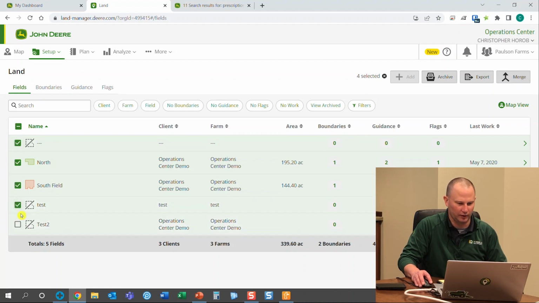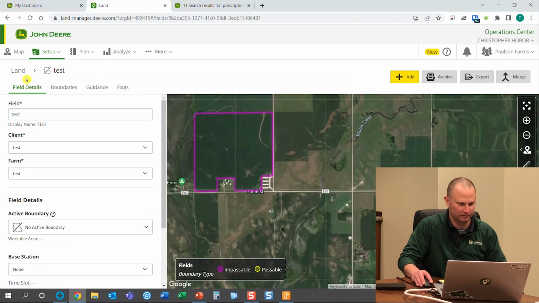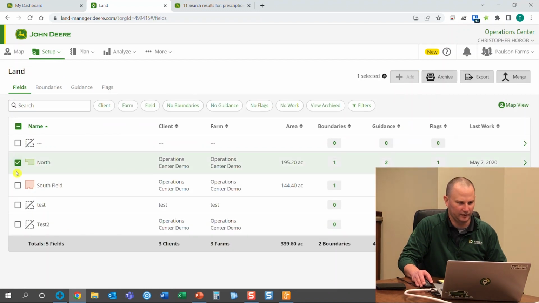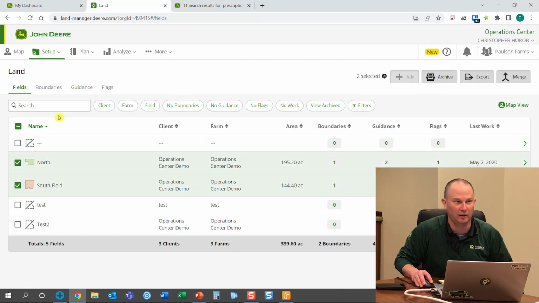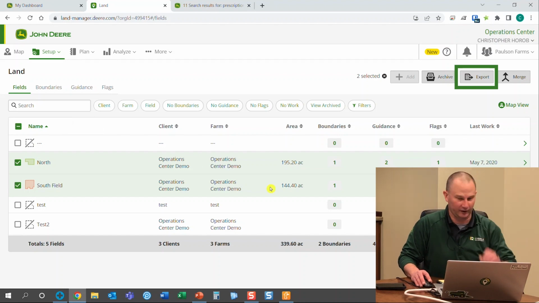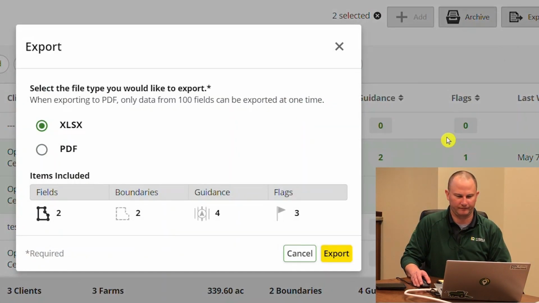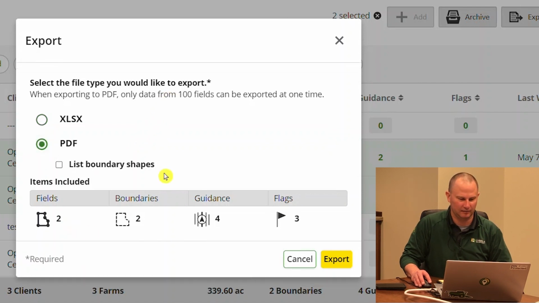But one nice thing, once you're all done, there is a report that some folks print off. So I'm going to hit export. I'm actually going to back it up. I'm going to select just these 2 fields, but if you select all, if you've done a good job of cleaning up your field list, you can hit export. You can actually dump it out in a spreadsheet to get the raw data. But I'm going to choose PDF,